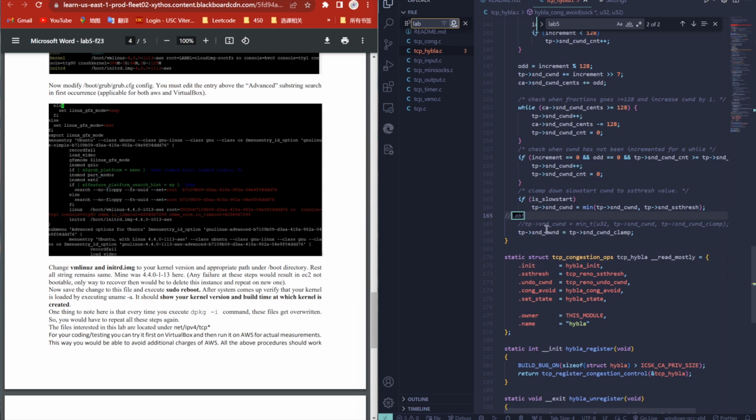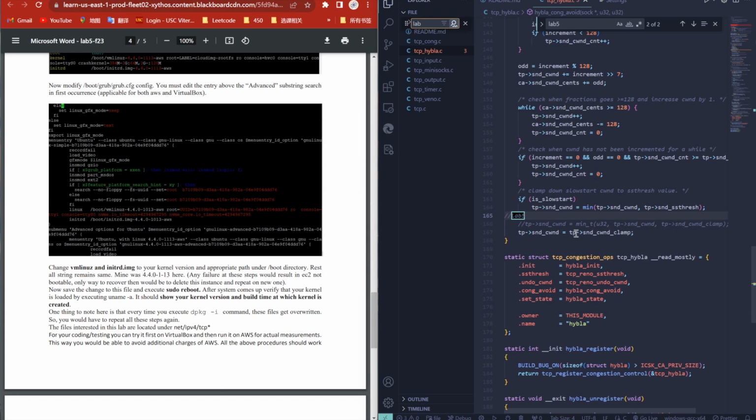So for the sender window size, instead of using the minimum value between these values, we just simply set the sender window size to the sender window size clamp, which basically is